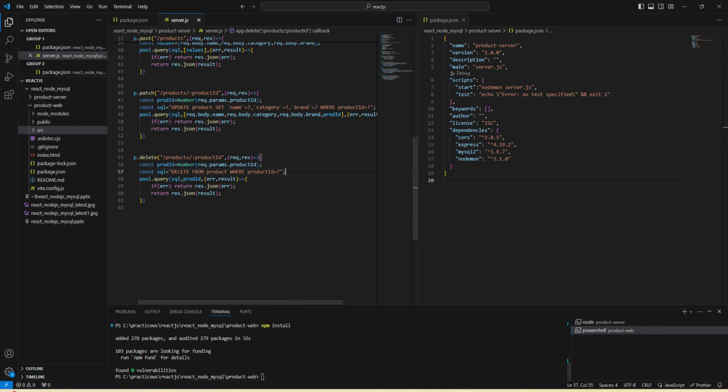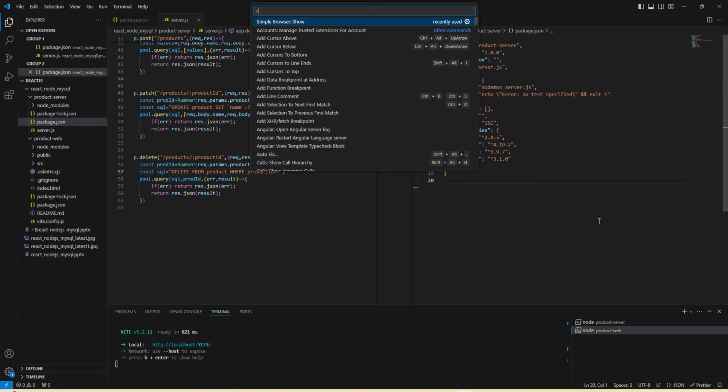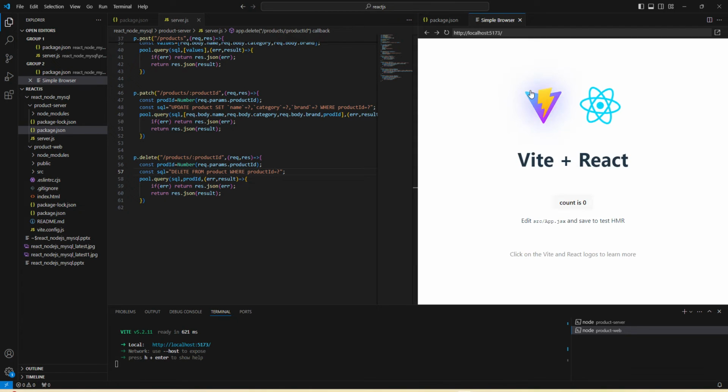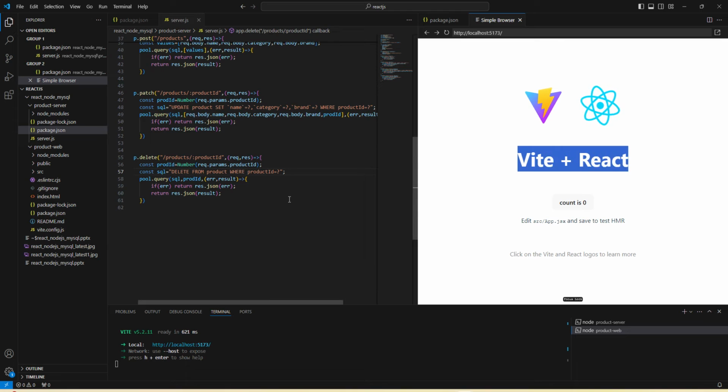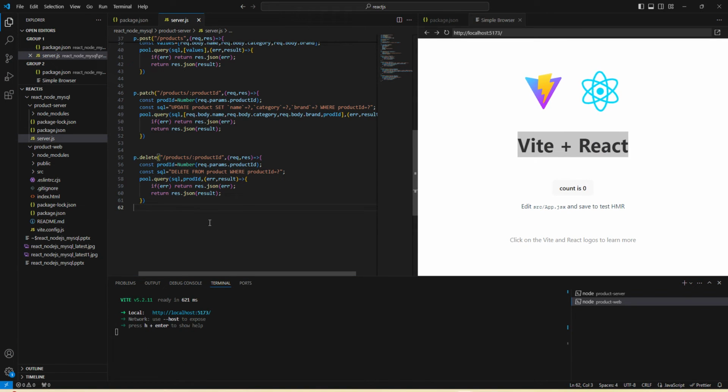Okay, fine. Now we can run our application using the command npm run dev. We can see our application is running fine with default files and folders. Now we can start creating our client side